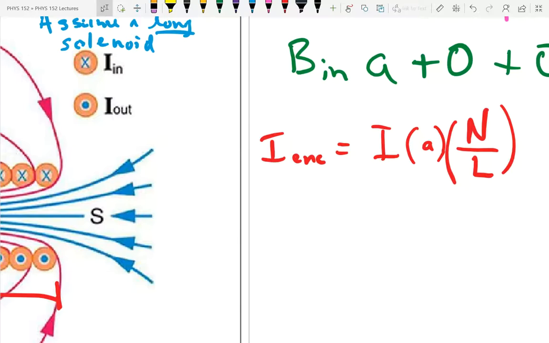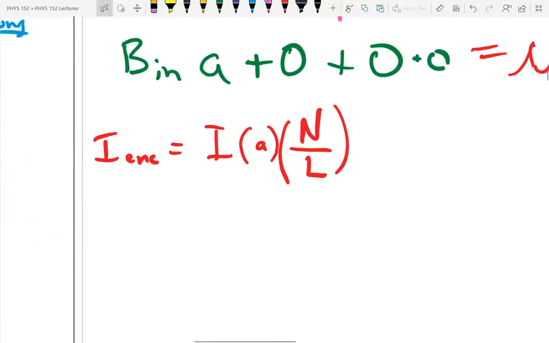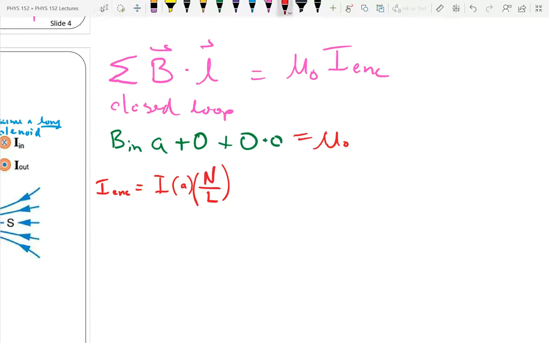So I might have a solenoid, there's a group making a Tesla coil, and those people might have 10,000 loops in a length of 20 centimeters. And so that's what they would have. N would be 10,000 loops, and the length would be 20 centimeters. And then I have the little a for saying how many loops are going through this small length A. So putting that into my equation,